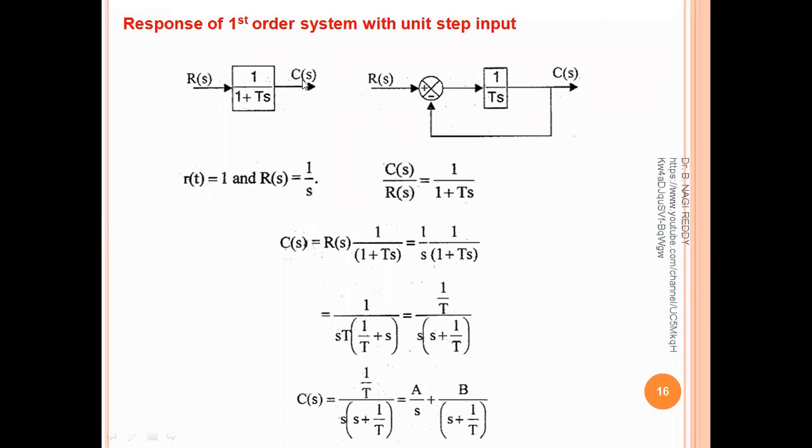So what we need to observe is the output response, which is C of s. But this is time domain analysis. Unit 2 belongs to time domain analysis. So that means we need to verify this output response in time domain. It means we need to calculate C of t. That's what our problem is.